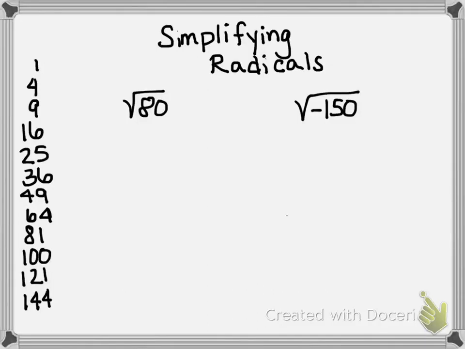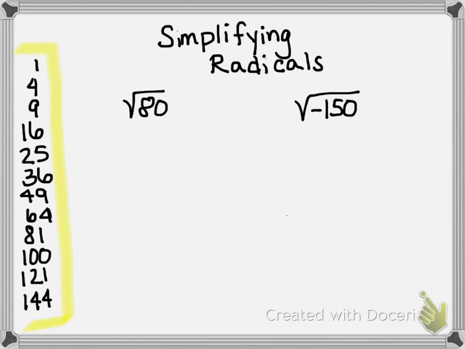When you're simplifying radicals, that means break it down as far as it can go. We want to make sure that we remember all of our perfect squares. 1 squared is 1, 2 squared is 4, 3 squared is 9, 4 squared is 16, and so on and so forth. The reason I say pay attention to what your perfect squares are is that